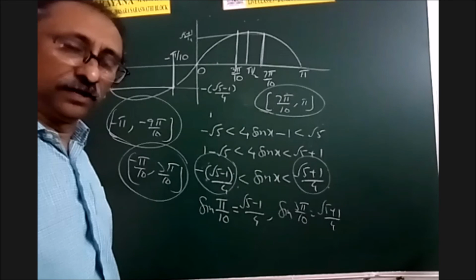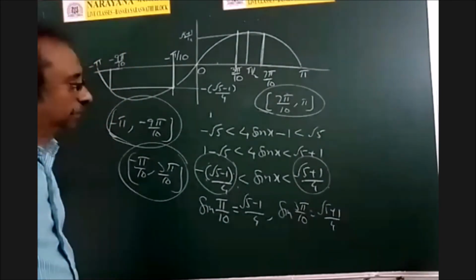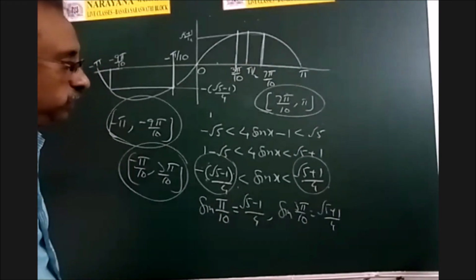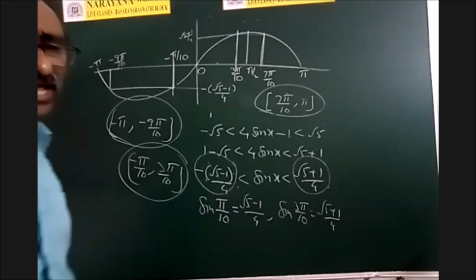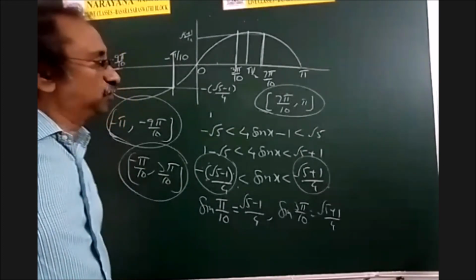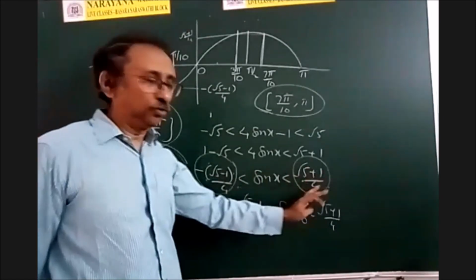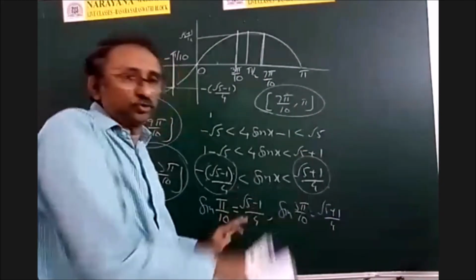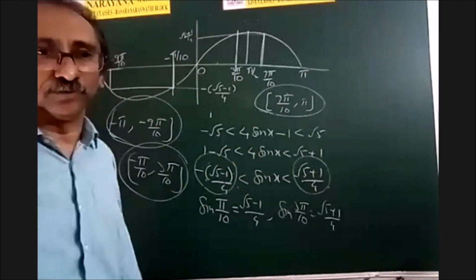Akash, any doubts? Sir, I have two doubts in this. First, you said that from minus pi to minus 9 pi by 10 it will lie, but the range is from 0 to minus pi, root 5 minus 1 by 4. Not range. Don't mistake the range and the inequality. Here it is not range. The value should not be from this to that. The value should lie in between those two numbers. It may be 0, it may be minus 0.1 or minus 0.2 like that.